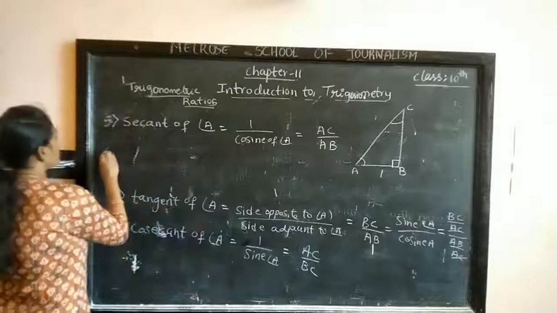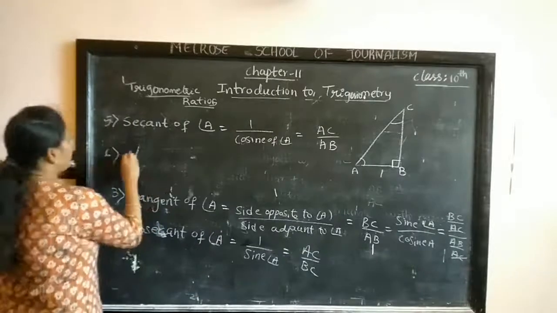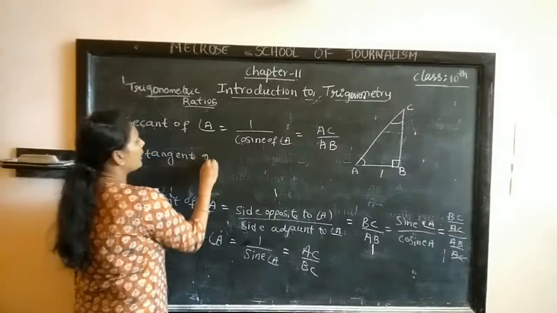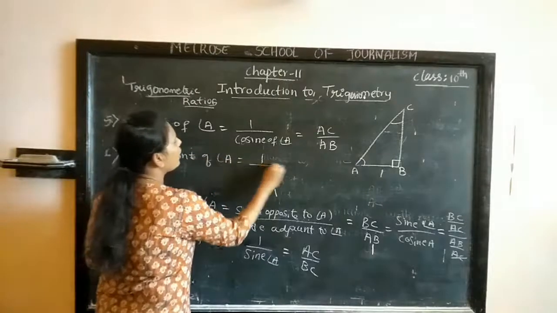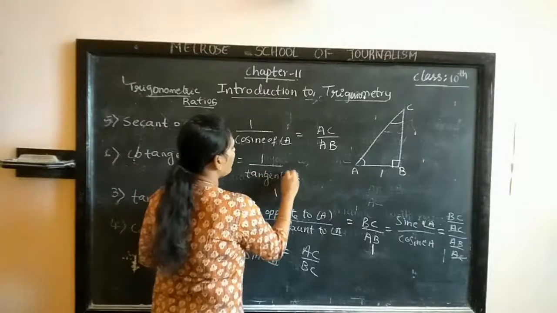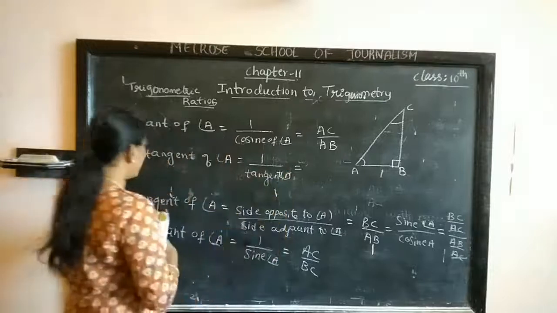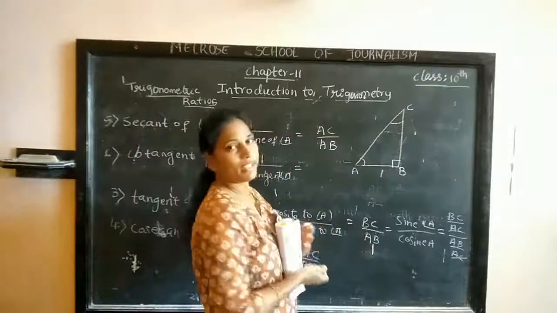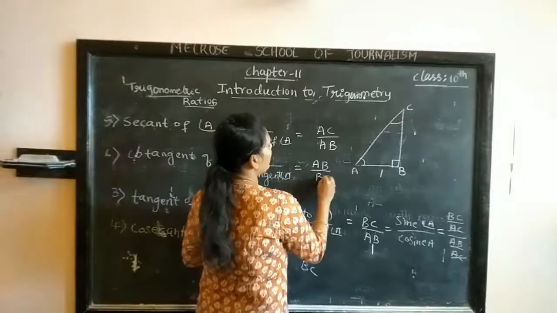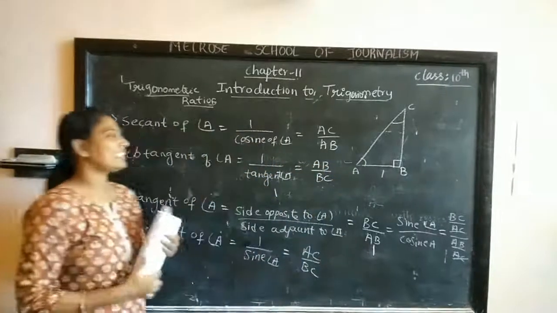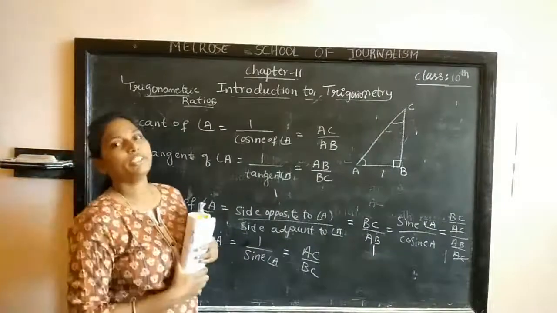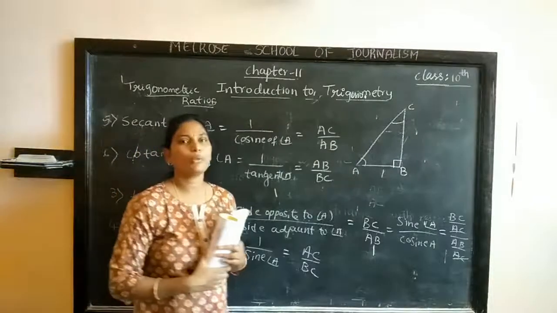And the last is cotangent of A. Cotangent of A is nothing but reciprocal of tangent A. What is tangent A? You got BC by AB. Reciprocal means AB by BC. So these are the six trigonometric ratios which you are going to use to find the relationship between the